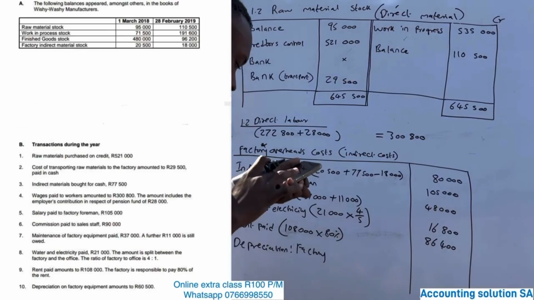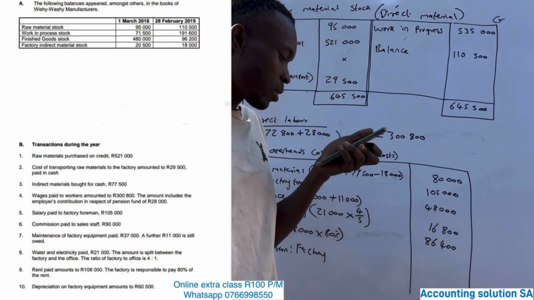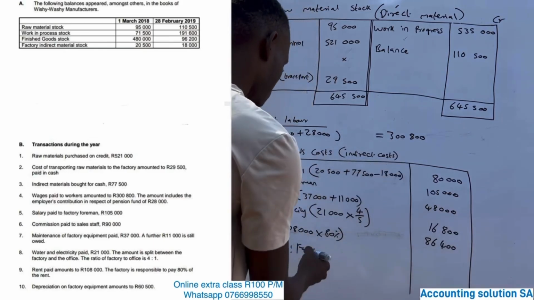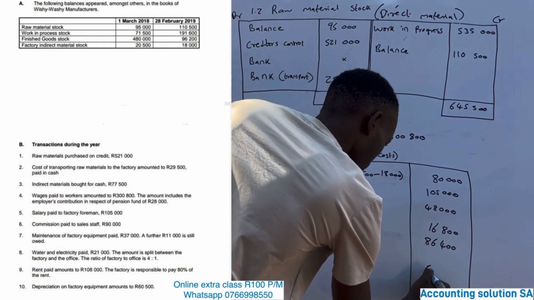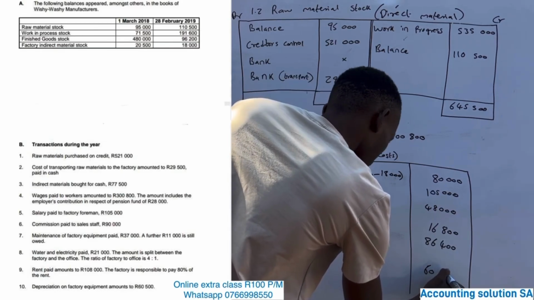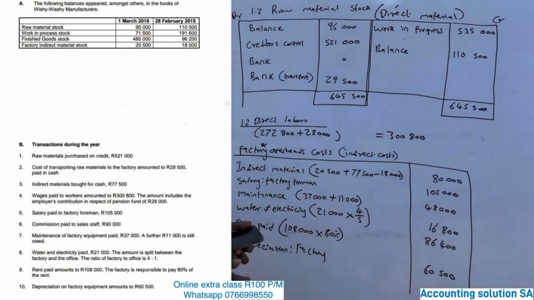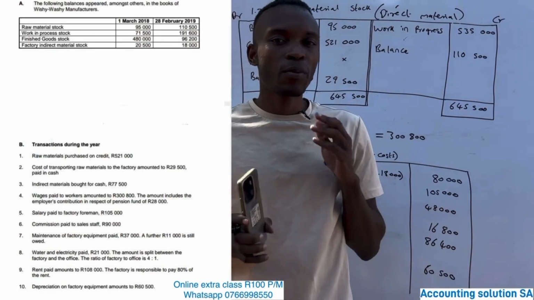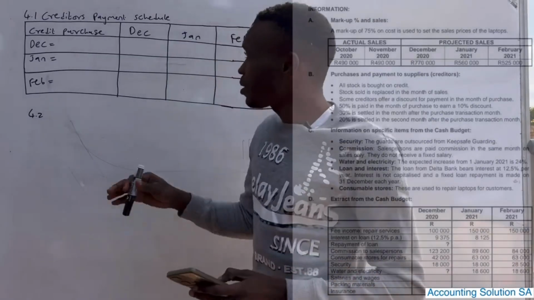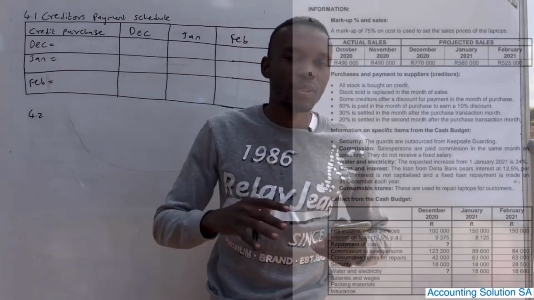And the last one, they say depreciation on factory equipment amounted to 60,000. 60,500 for factory. We include it because they said it's for factory. I hope you learn. So creditors payment schedule, guys, it's more like a debtors collection schedule, the one we were